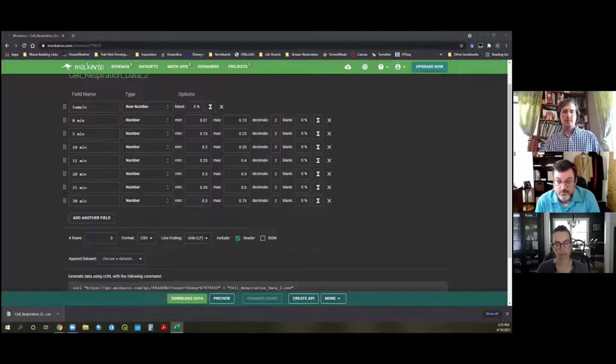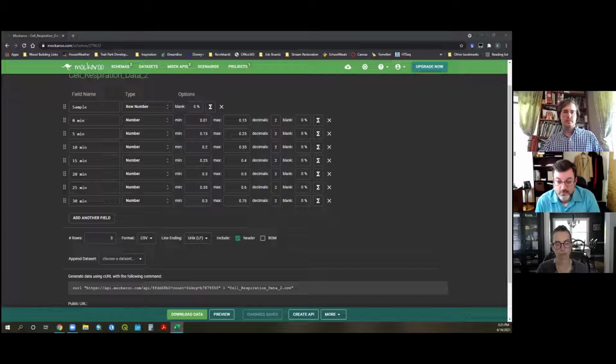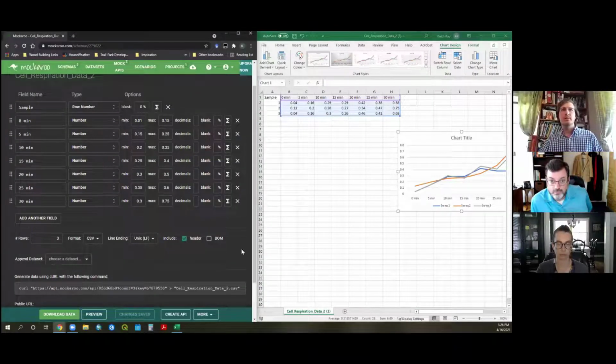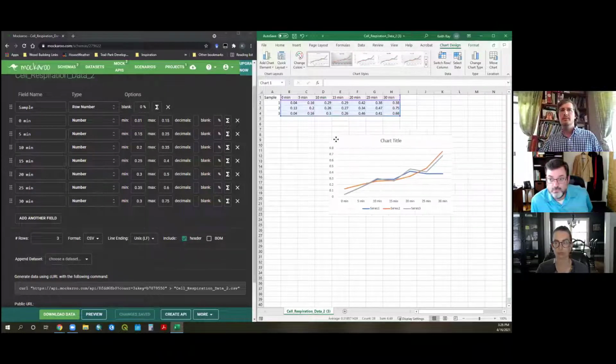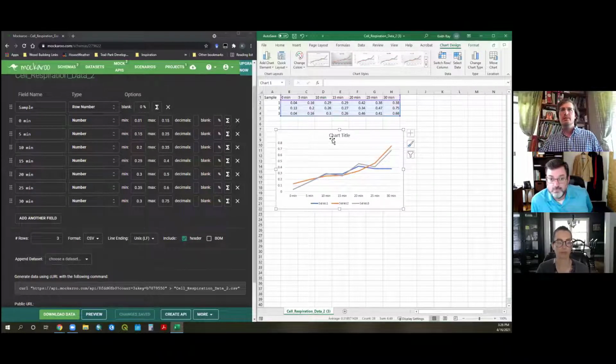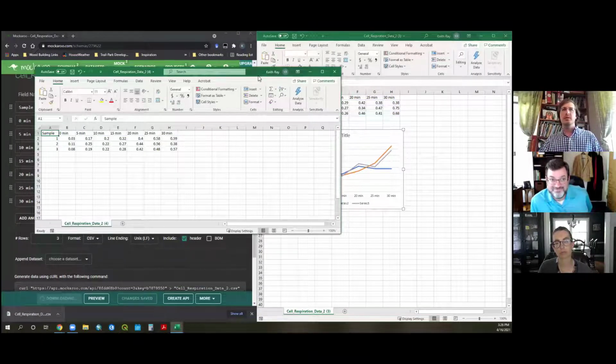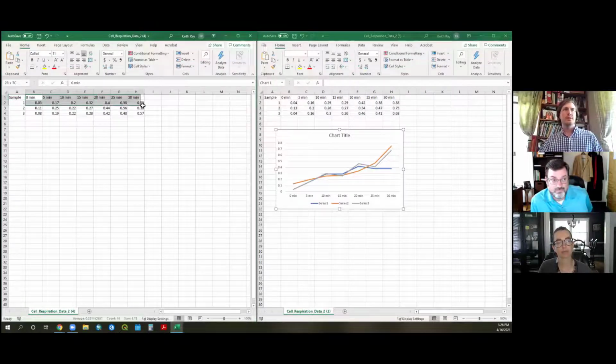Actually, I'm not. What I'm going to do is create 2 charts. Okay, can you guys see the Mockaroo page and the Excel file? Yes. Okay, so there's the first chart. I just made a quick line graph like I would like my students to do for this data. I'm going to download another file. And if you look at the top, yes, I've downloaded these data files multiple times on my computer to play with them. And I'm going to build this one over here really quick.